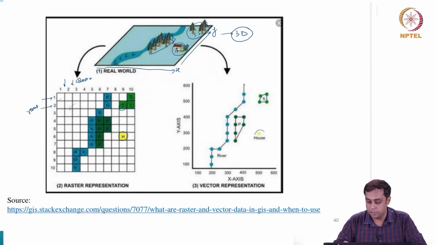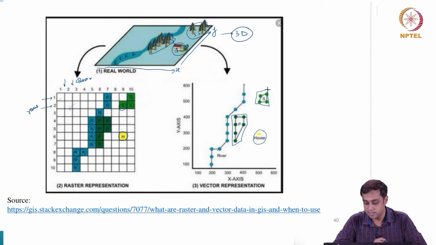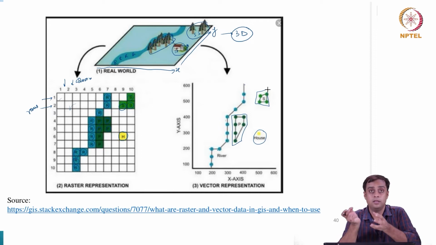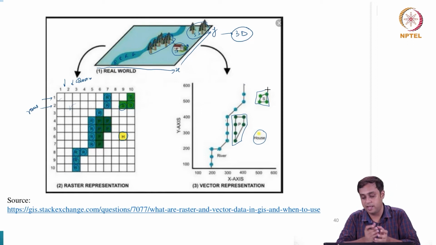The house is reduced to a point, and the two clusters of these wilderness areas, which are clusters of trees, are now reduced to polygons with different shapes representing the clustering arrangement in space, and also representing the location, in the sense that the cluster of trees denoted by P is nearer to the river, that is on the river banks, and S is away from the river.